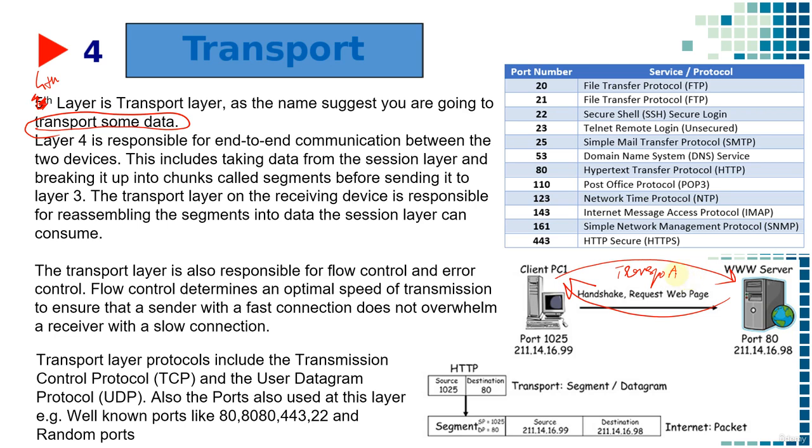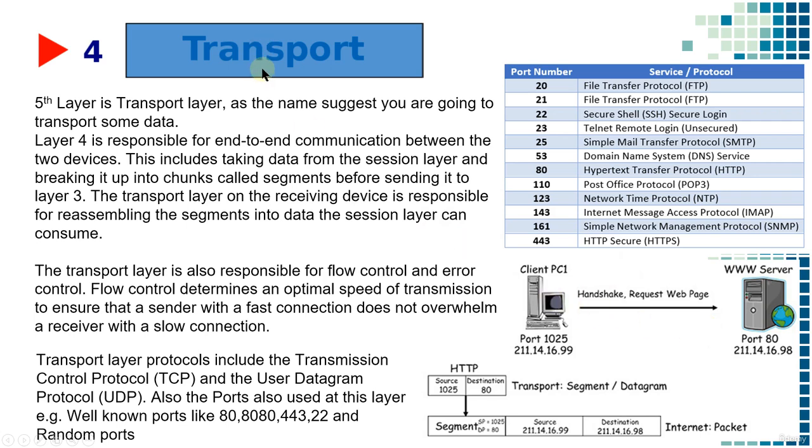Layer 4 is responsible for end-to-end communication between the two devices. So our final piece of information being transmitted or received